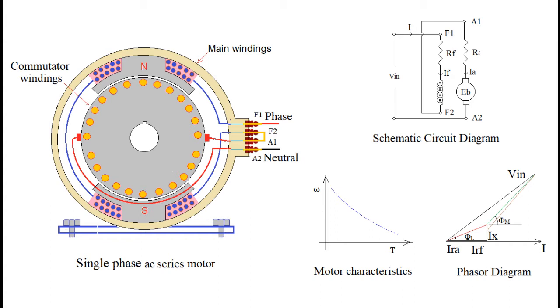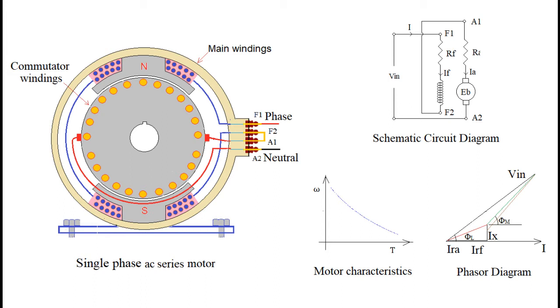In the negative half of the supply, the direction of flux, currents and EMF reverses, but the direction of torque remains in the same direction, since torque or force is the cross product of flux and current. If flux and current both reverse, then the direction of force does not change. Since torque is unidirectional for both cycles of supply, the motor will keep on rotating in a certain direction. We should note that dynamically induced EMF in rotor conductors would be zero while the motor is starting.